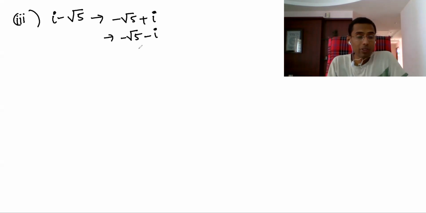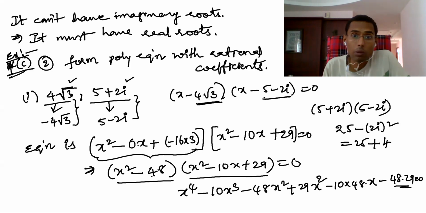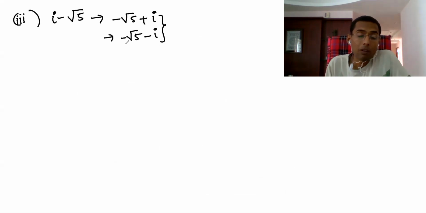But with these two roots, if I form an equation, I get a quadratic equation, but you won't get rational coefficients. Root 5 will be there, so you get an irrational coefficient. But the question is that you have to form a polynomial equation with rational coefficients. That means no root is there. So therefore, now I am going to get the other two roots. What is that? If i minus root 5 is a root, then i plus root 5 is also a root.